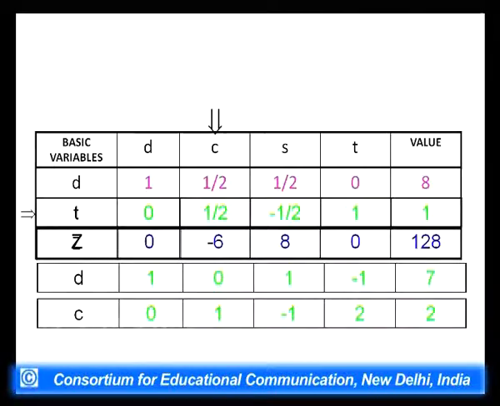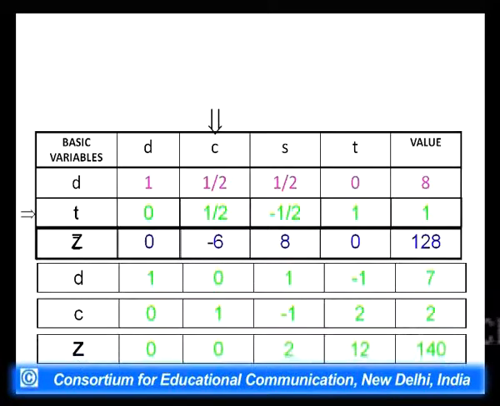Similarly, under C we will see how we get the values, because C also is to be converted to 0. And Z is also to be converted to 0. Z of course had a -6 value, and this is to be converted to 0. How will this be converted? Again, we will see how we multiply and how we subtract. So Z -6 has been converted to 0.